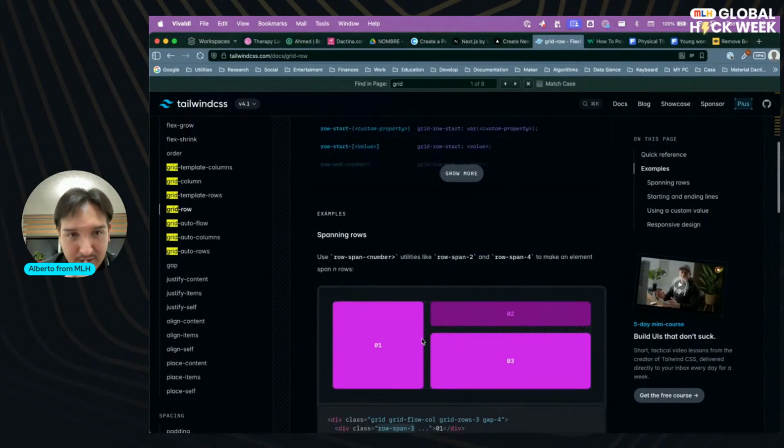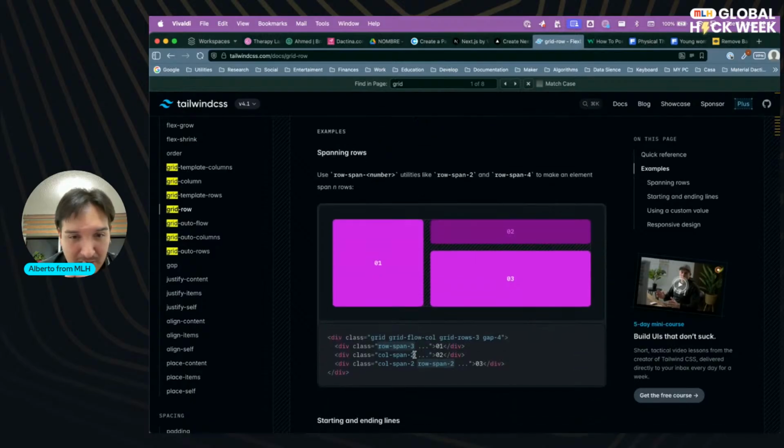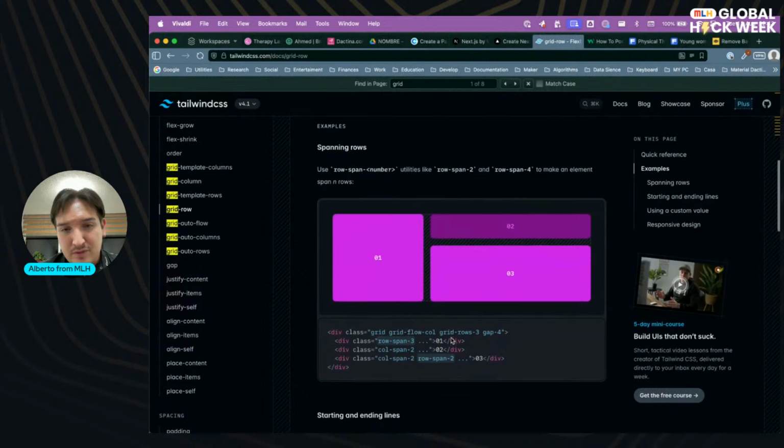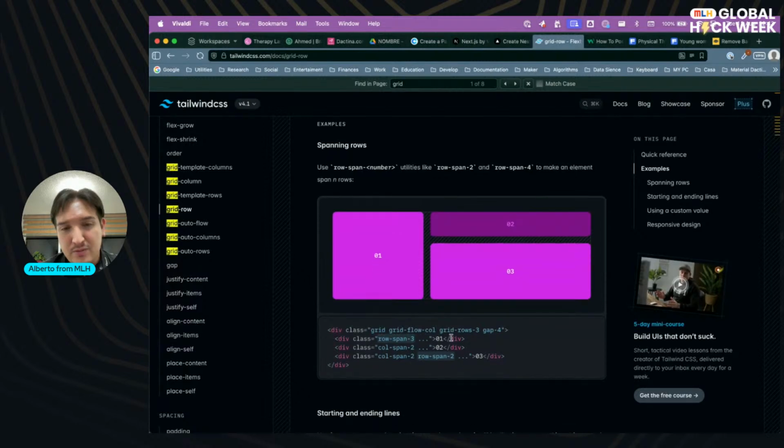This is the exact layout I want. Row span 3. Call span 2.